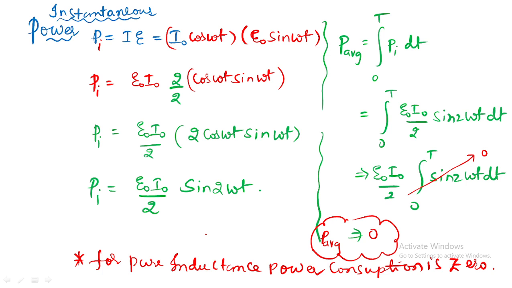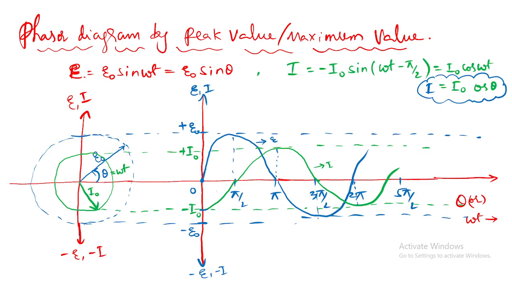Shall we draw? Shall we update the phasor diagram? Is it done? Done. That's it. So now in this diagram, I am going to improve it with the power also, right? So power means, I just write the power, positive power, and then here a negative power. Yes or no?